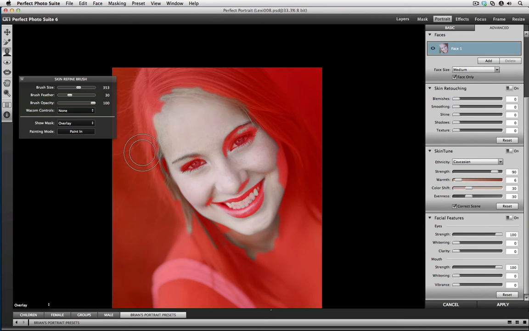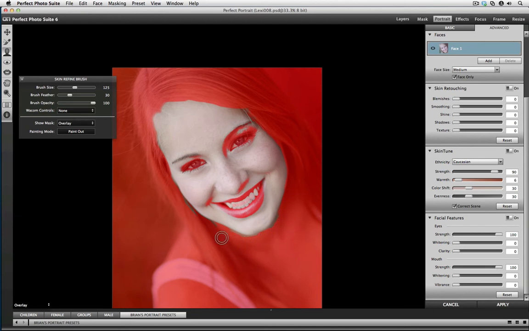So it did a nice job of detecting the face, but because the skin color is similar to her hair color, I want to remove that. But before I do, I want to just add in this part of the face. You can tell that it wasn't selected. So you'll see the painting mode by default is paint in. So what I'm going to do is essentially just mask in that area. I'm then going to select paint out, and I'm going to remove this swatch of hair and then also this area along the left side of her face and then her neck, because I don't necessarily want the neck to be